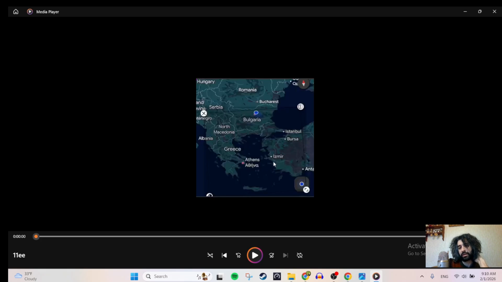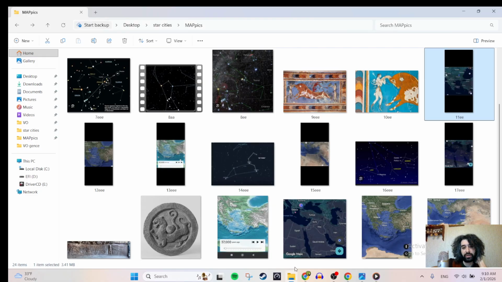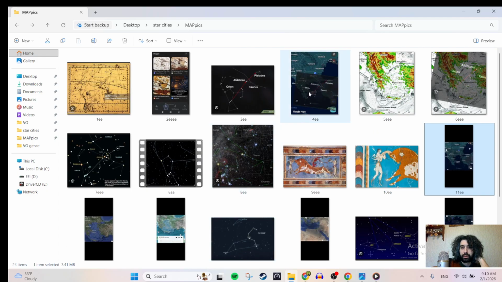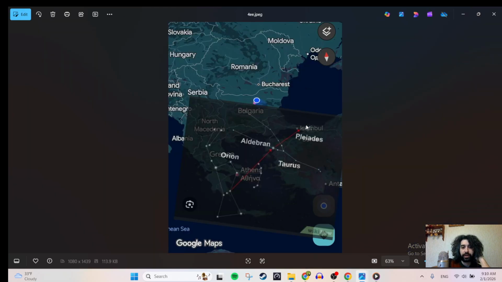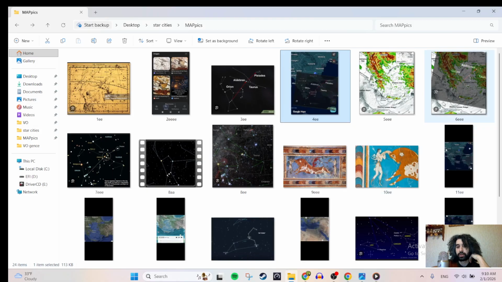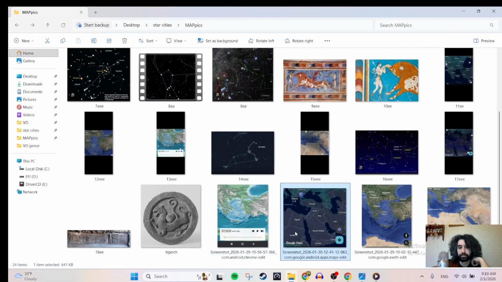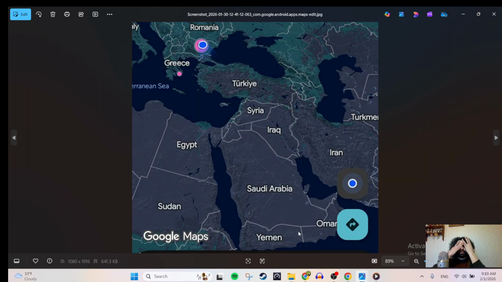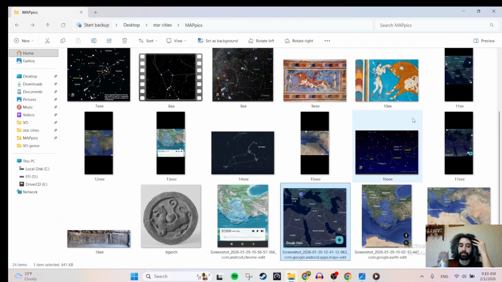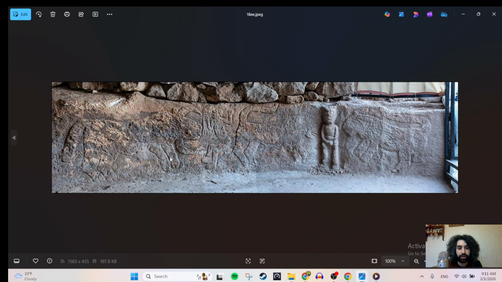I just think it's interesting because if you put your cities according to stars, nobody needs a map. Basically, this can explain why they didn't use maps, or the lack of maps, because they actually had some sorts